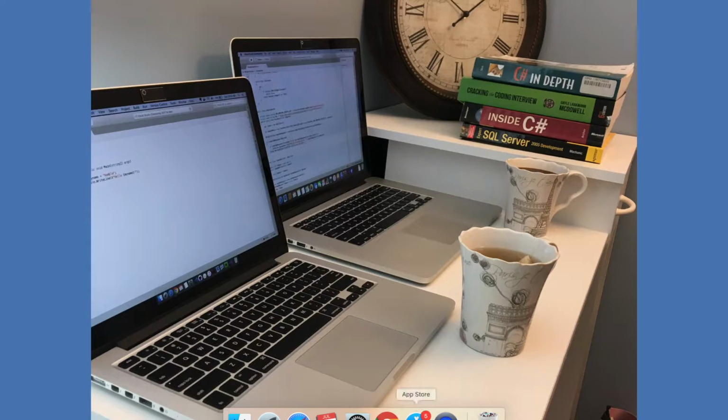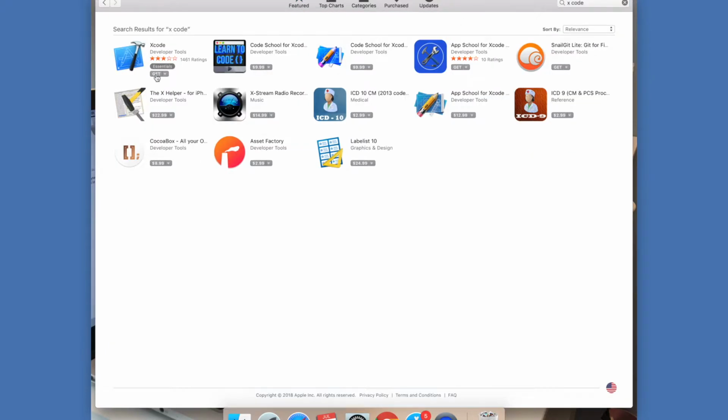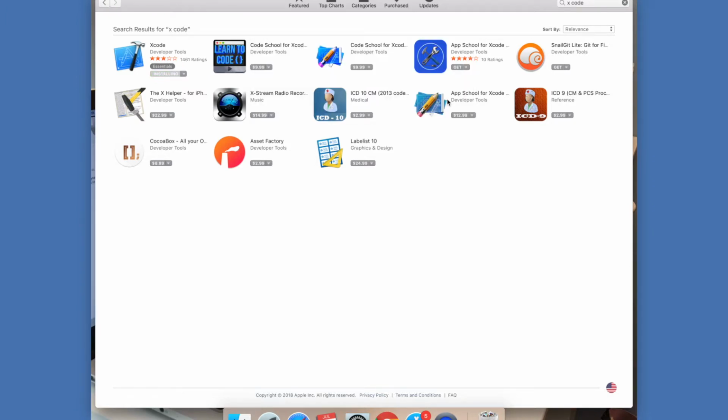So go to your App Store, type Xcode in the search engine, and the first icon here, you press the Get, Install App, and here you have to enter your Apple ID and password, and press Sign In. So now you see here it's installing,